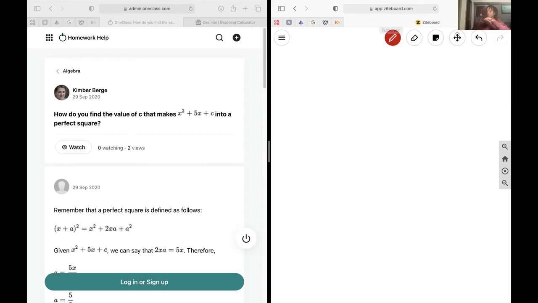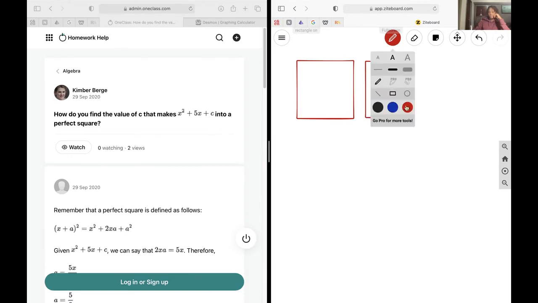Okay, next up we want to find the value of c that is going to make what we have into a perfect square. So for perfect squares, let's just think about what those are, just in case you don't know. So for the perfect square method, if I have x by x multiplied by bx